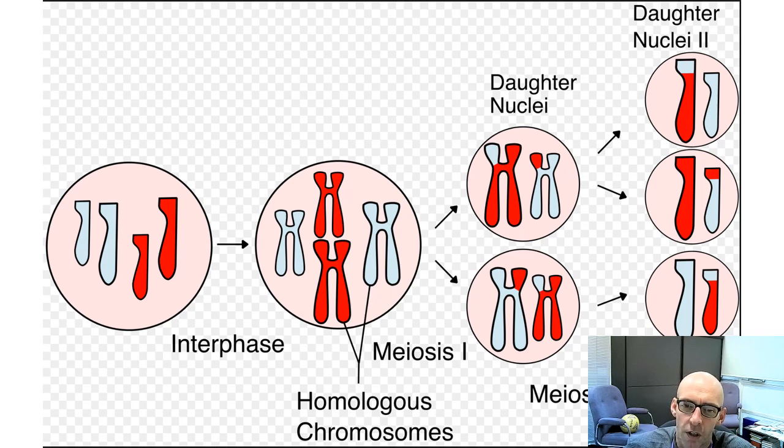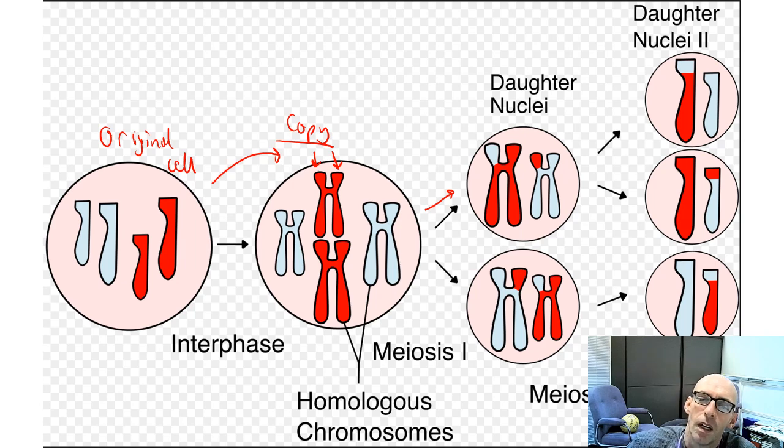So this diagram I like for meiosis because it also shows that actually at one stage here, when the first split happens, so here the original cell, then you copy all the chromosomes. All the chromosomes are copied, so this is one copy and that's the other copy of this chromosome. Once you've copied them, they then split. But look what's happened. A little bit of the DNA from this one has swapped with this one.